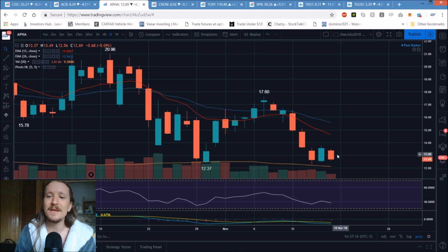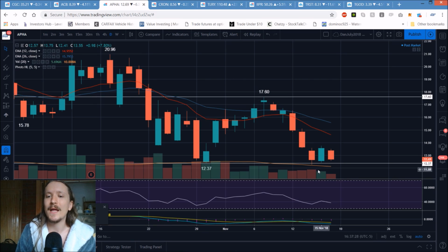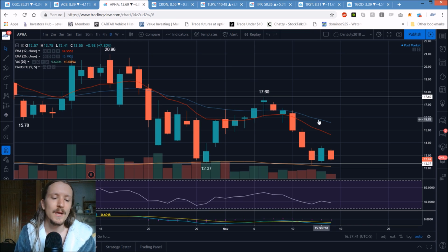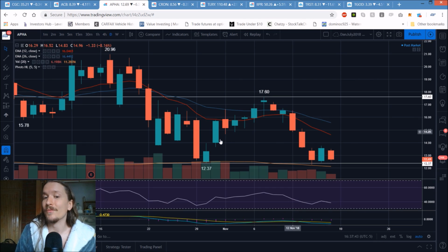APHA, same thing, even weaker, closing at the low of the day. We've seen this consistently. It's very clear that Cron is the lead out of these 5, and APHA is the lead bear. And it's been that way for at least 3 or 4 days, that has been the clear pattern, and it does continue at this point. So in hindsight, I should have been playing Cron today. It's just that CGC has been my very comfortable name for so long that it's almost like I default to looking to that name. But that's a reminder to myself as well. Don't forget about Cron when we're looking bullish, and don't forget about APHA if we're looking bearish,